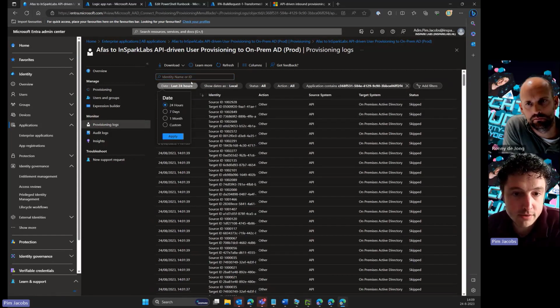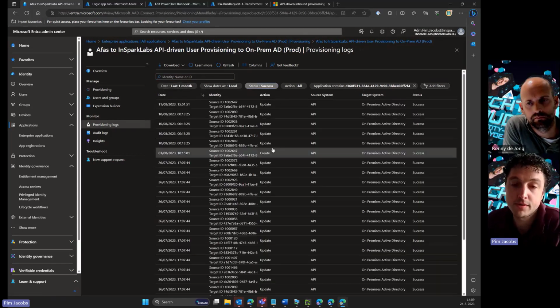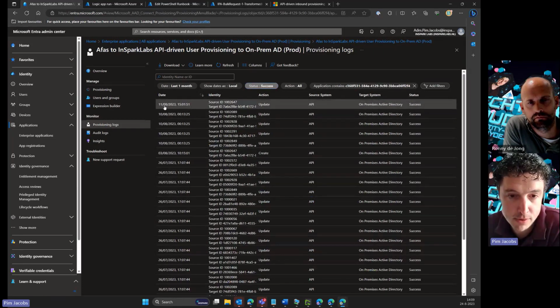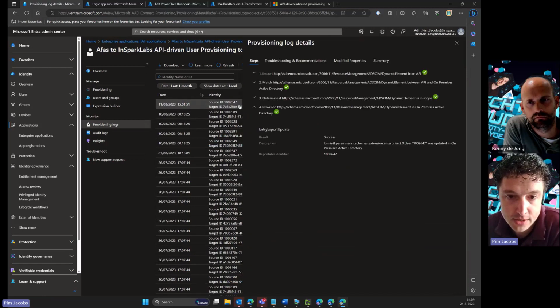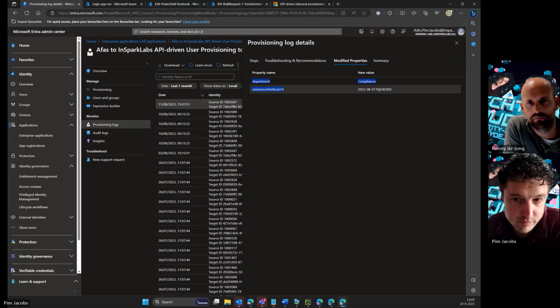So what we can do is, let's go back for a month or so, because it's already running for a while in this environment. We can here, for example, see there is an update applied on the 11th of August on the source ID, and then it's the employee number. And we can also see which attributes have been modified. And in this case, it was, I think,